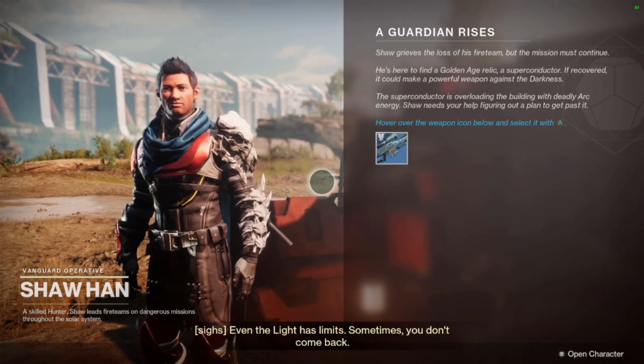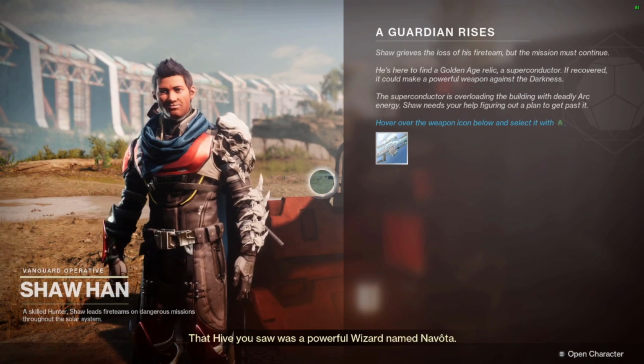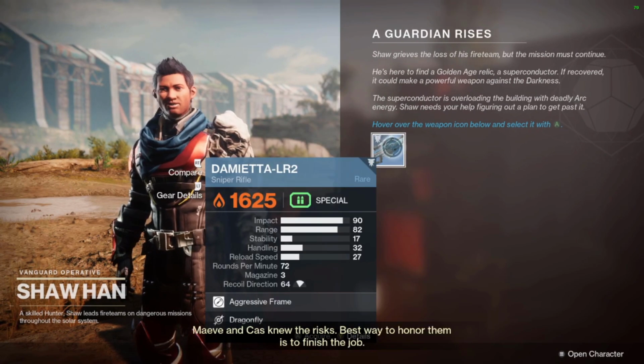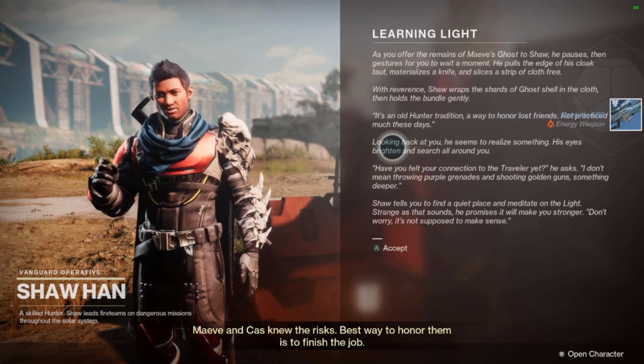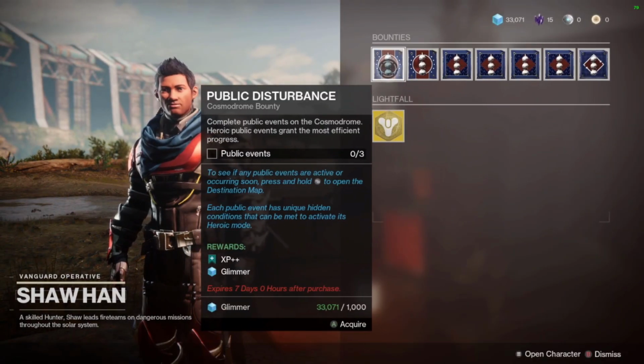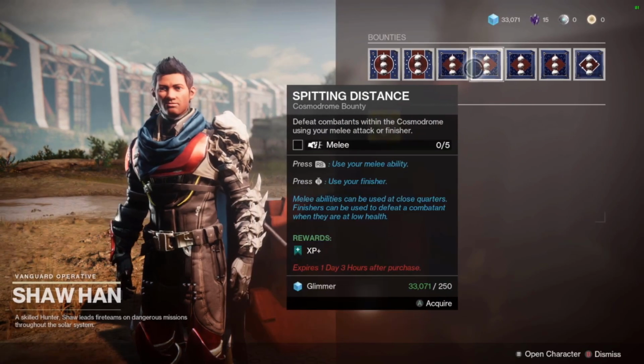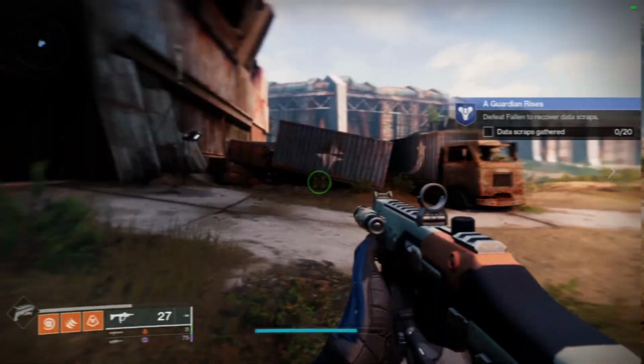Now as you go about finishing the objectives following the white diamond and arrows, Shahan will give you a new gun, only this time it's a special weapon. Once you acquire that gun, you may see that there's these bounties at the top of the list. Bounties are side quests that you can purchase using Glimmer that reward XP for doing. But right now, you can skip these as XP is not needed for now, and to not cause confusion when